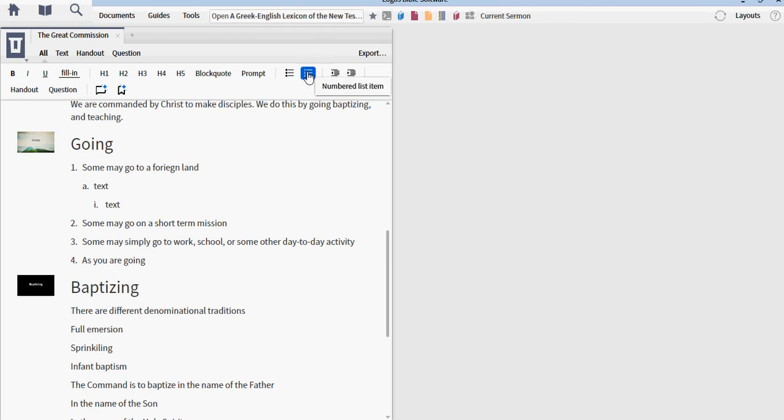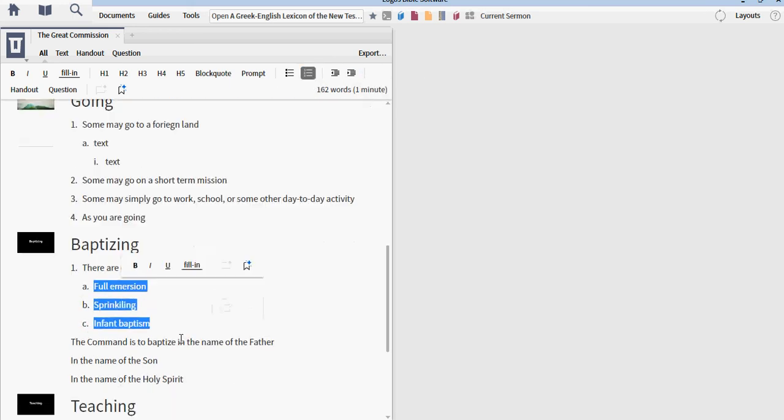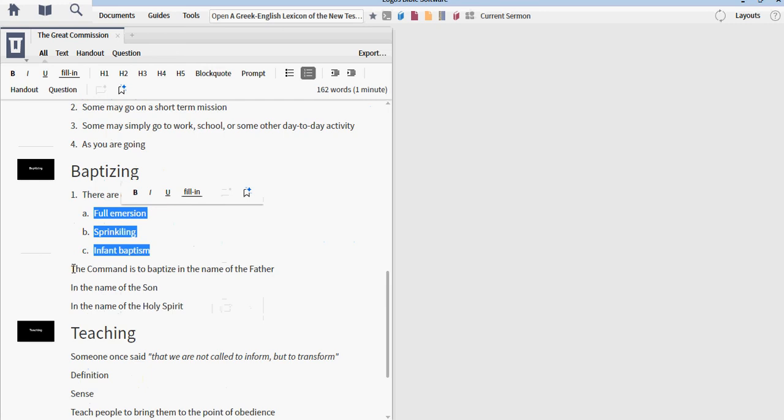I'm going to do the same thing in the rest of my points. Again, I want to select numbers, and in this case I'm going to indent, and you can select all of them at once just like I did. It'll automatically remember the numbers. Now one neat thing, let's say I want to